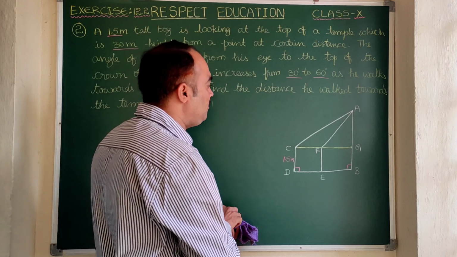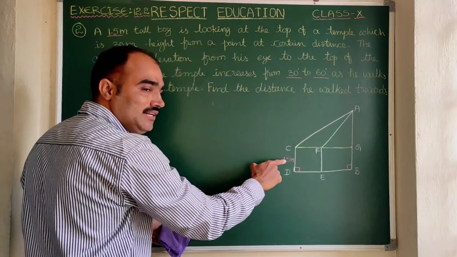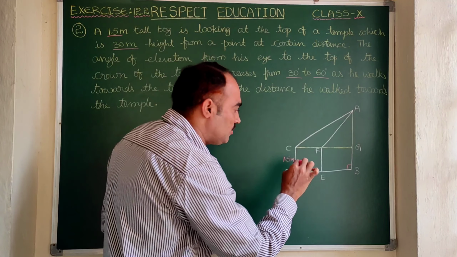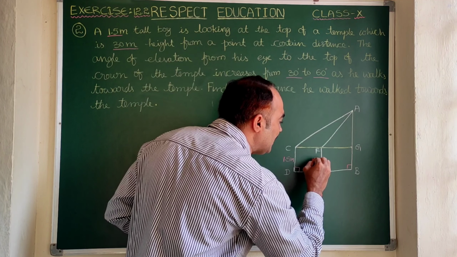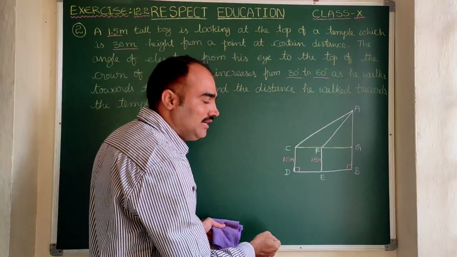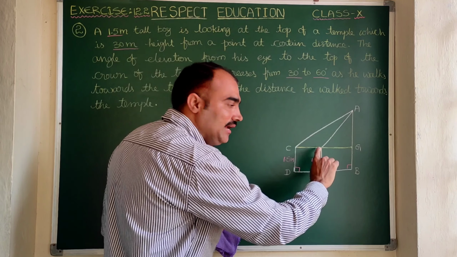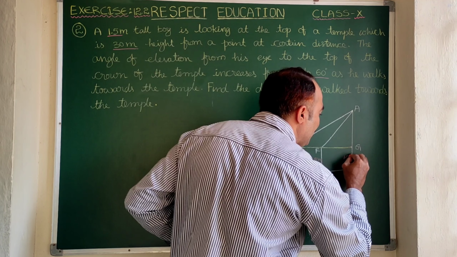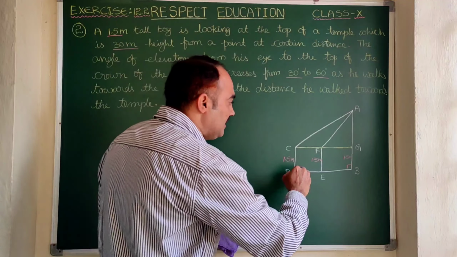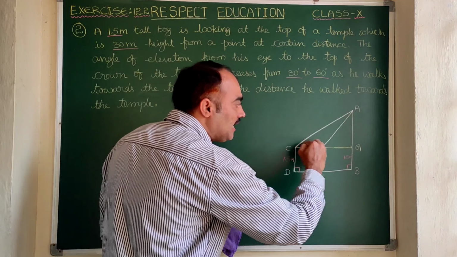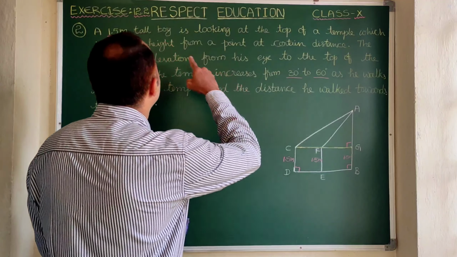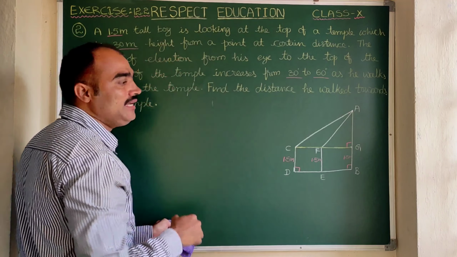Now here let us write the given values. Here you see 1.5 is mentioned, that is the height of the boy. Even though the boy moves, his height won't be decreased. So here this 1.5 can also be written here. That means here you see CD, FE, even BG, all the three indicate 1.5 meter only. In fact, this CGBD is a rectangle. Now, if angle B is 90, clearly angle G is also 90 degrees. Now, here what else? 30 meters is the height of the temple.